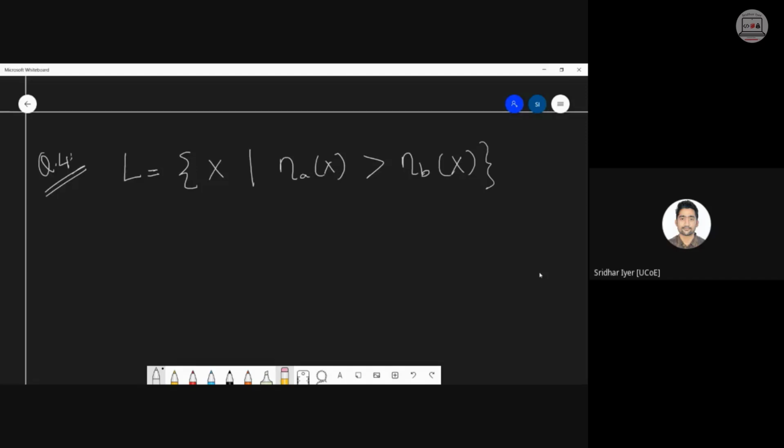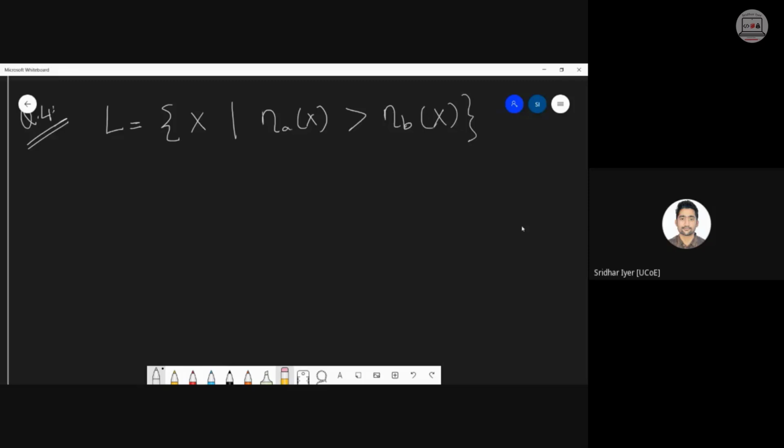For check state, we will find out if any A is left. Do we need a check state? That is what I'm asking. In the question, it is mentioned number of A's should be more than number of B's. So anyways, we are reading the first A. After reading the first A, if I did not find any B at all, then anyways A is more than B. Am I correct?